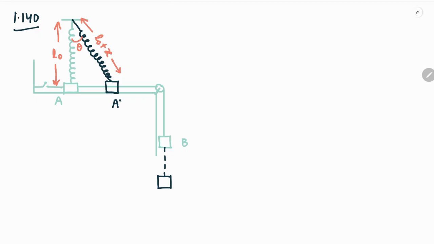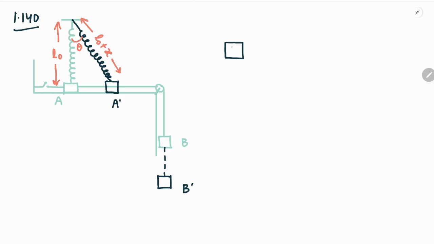A and B were the initial position of the blocks, after which block A shifts from A to A dash and block B shifts from B to B dash. Now this is the moment where the block A is going to leave contact with the surface. So if it is going to leave contact with the surface, we are considering that the spring is stretched by a distance x, and hence the total length of the spring becomes L0 plus x, where L0 was the original length of the spring, and at this instant of time the spring is making an angle theta with the vertical.